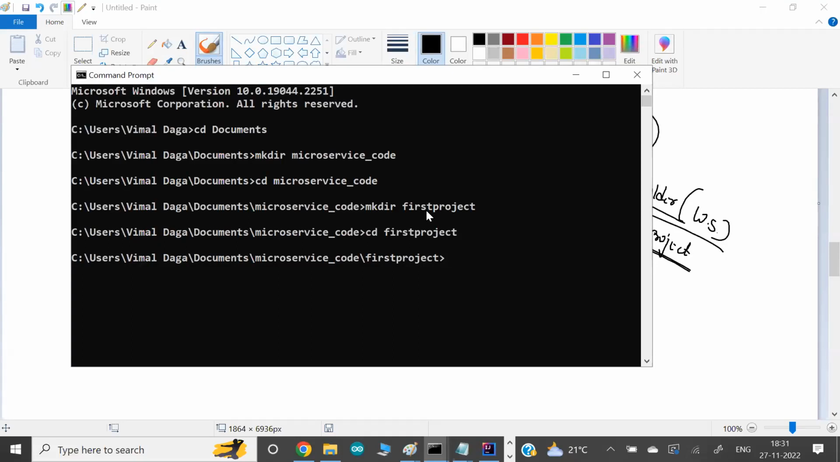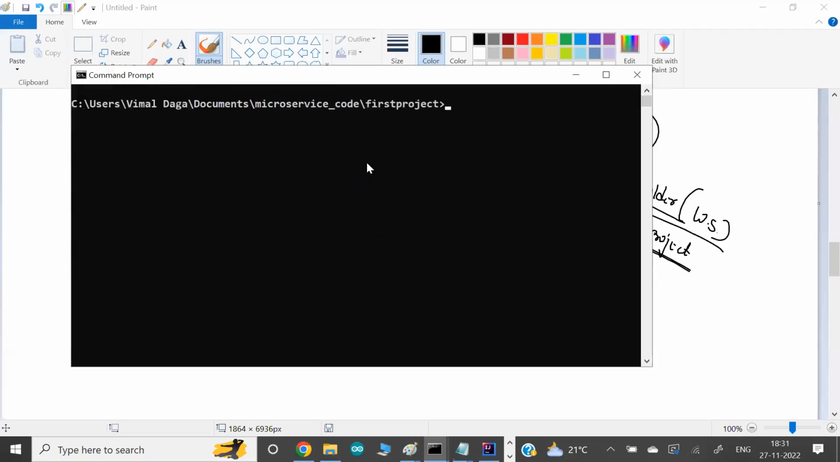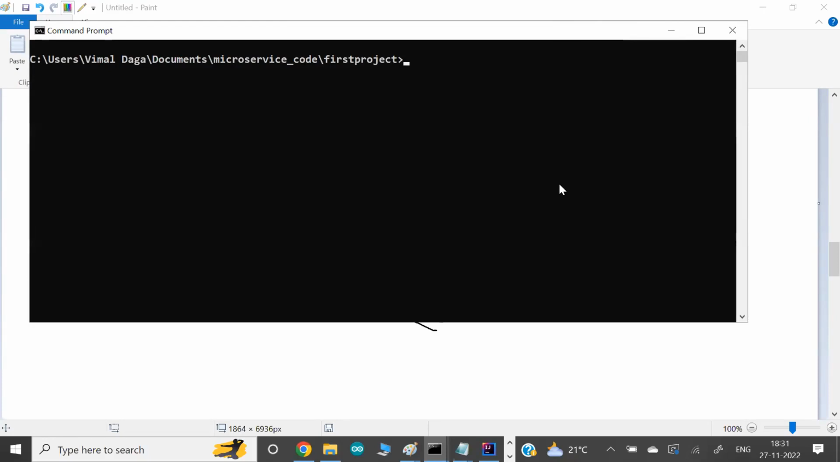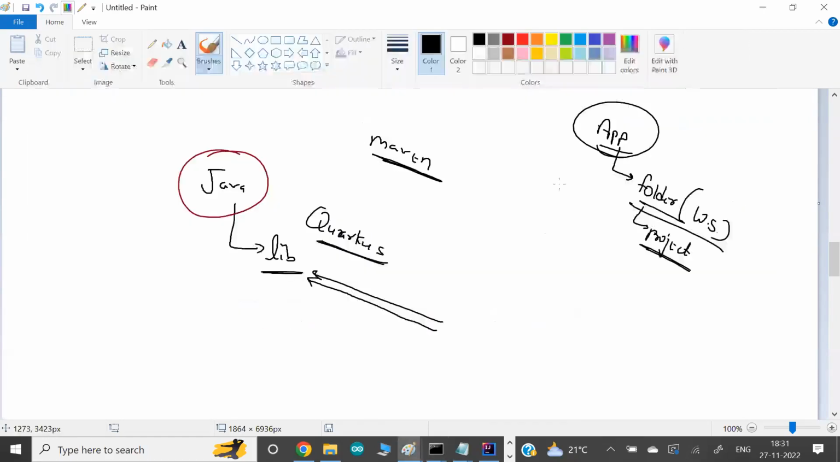Okay. So what I'm going to do from this folder, let me clear my screen. The folder could be anything and anywhere. Now here, I'm going to run one command. And this command is important, guys. So whenever you want to create any app